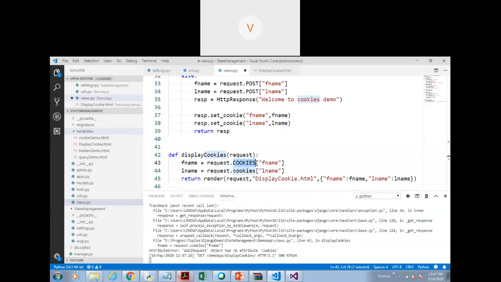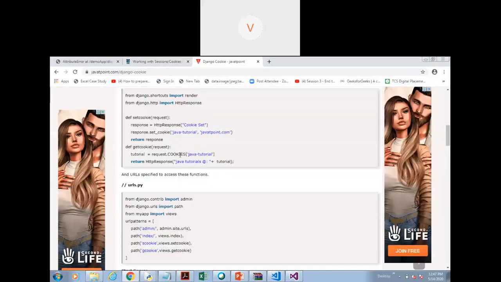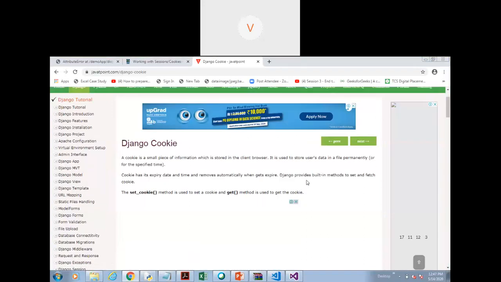I think somewhere we have to use the get method. Set request of cookies. And get method is used to get the cookie.